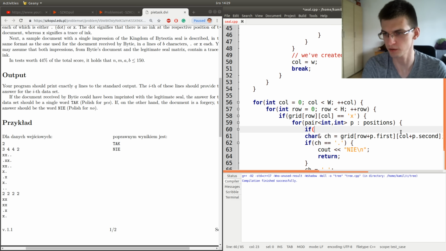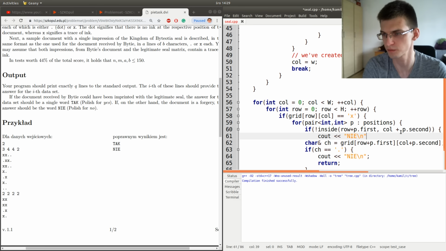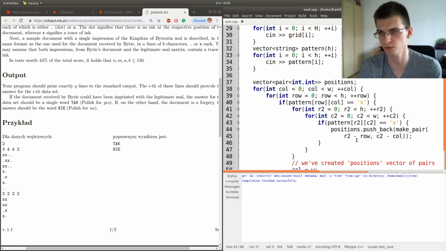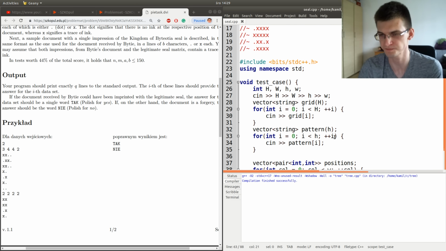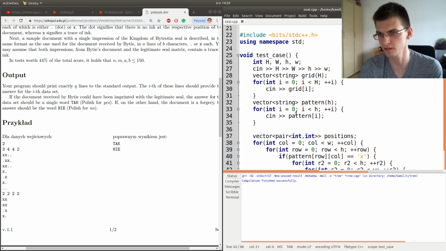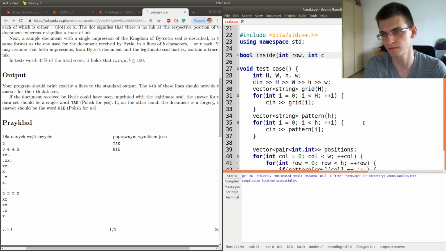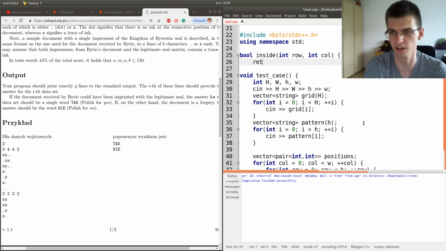So instead I will do if not inside of row plus p first, col plus p second, then also put no. And inside is something that is completely independent of the function, so we can just create a new function for this, and where something is inside.